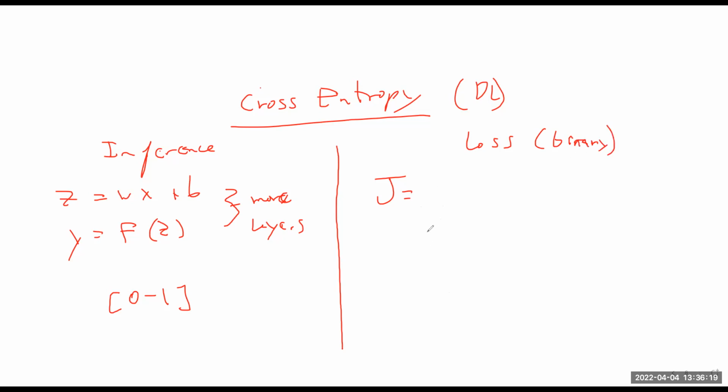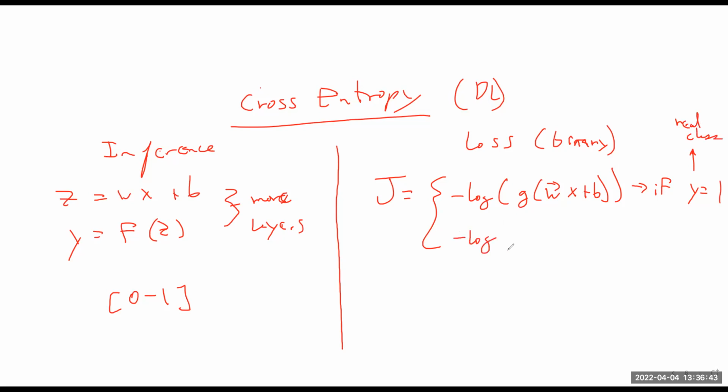But for binary, the cost function will be minus log of g(wx plus b) if the label is equal to 1. This is the real class. Or it'll be minus log of 1 minus g(wx plus b)